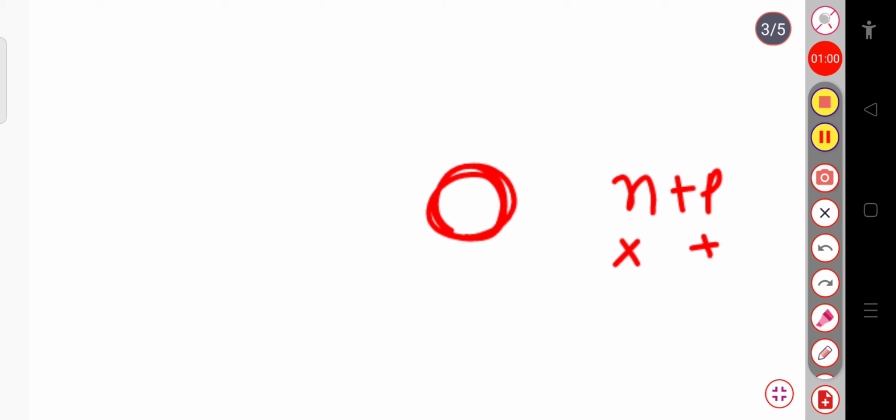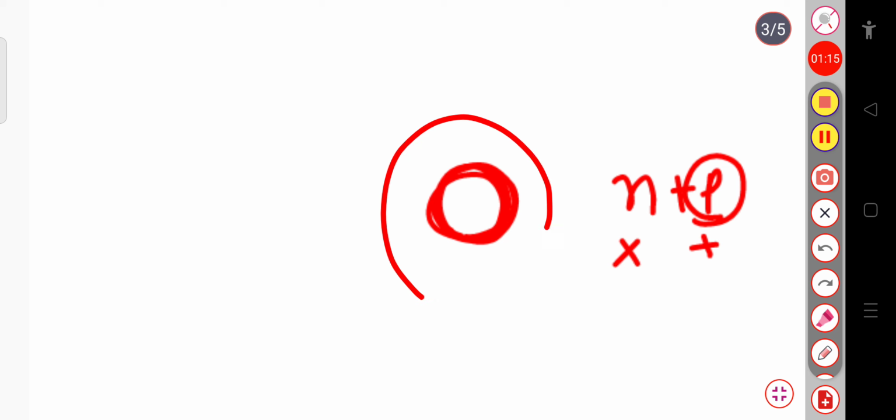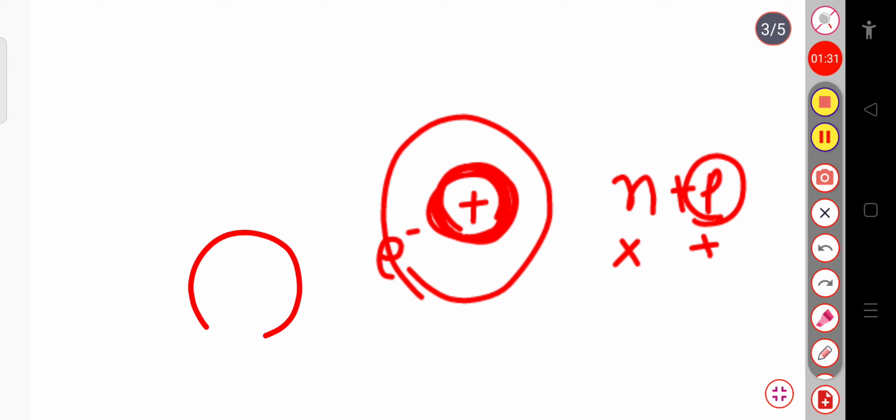Now this proton possesses two types of angular momentum. One is the orbital angular momentum because of its motion around the orbit, like in the case of the electron. Suppose this is your nucleus, the electrons are revolving around this nucleus. Similarly, the proton also has the property to revolve inside the nucleus. That means when it revolves in an orbit, it will possess the orbital